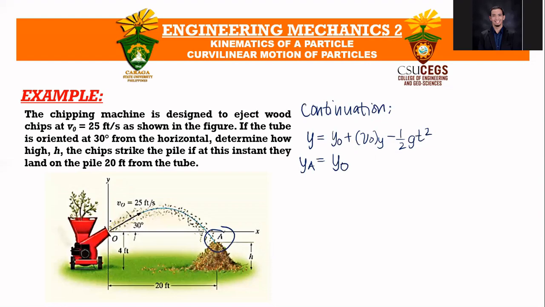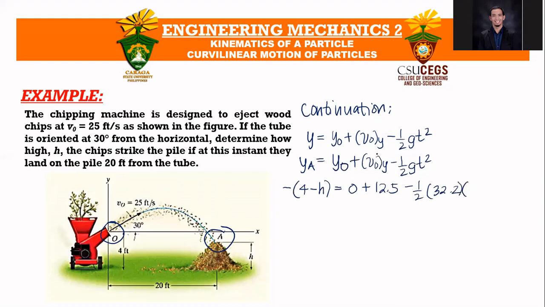Yo, that is your initial point, plus voy minus 1/2 gt squared. Ya nato was negative 4 minus h is equal to 0 ang initial, plus 12.5 minus 1/2, 32.2